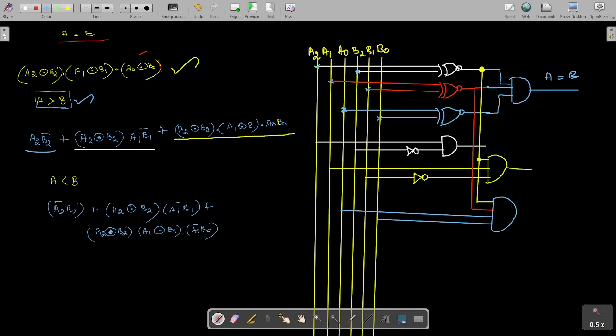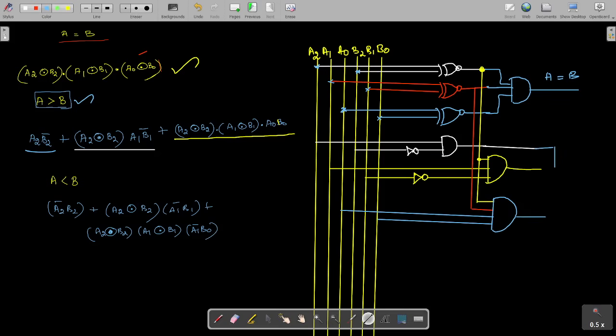So the first term A2 B2 bar is coming from here. This is our first term here, and this is our second term. The yellow color is the second term, and this is our third one. Third one comes from here. All these things should be ORed, right?